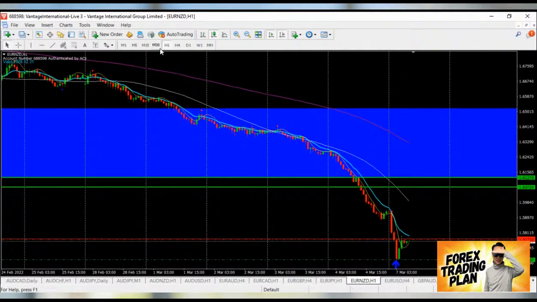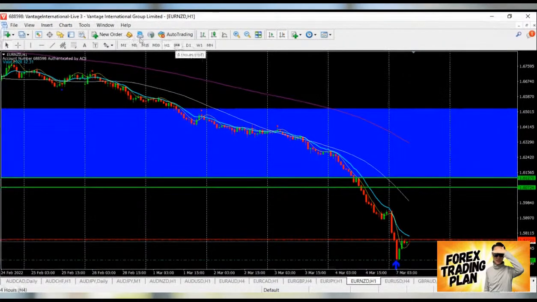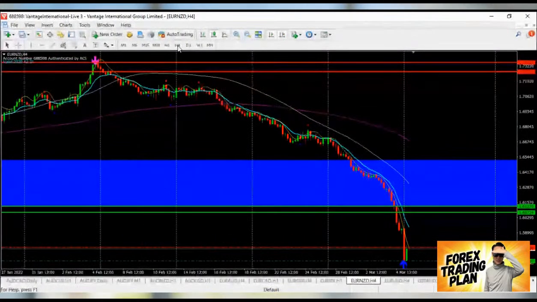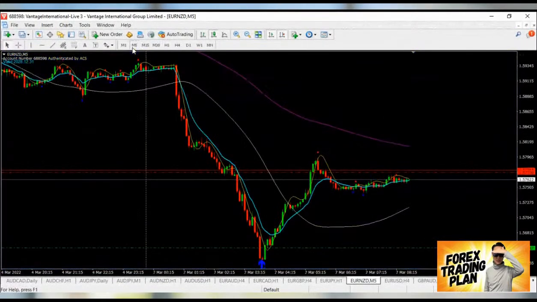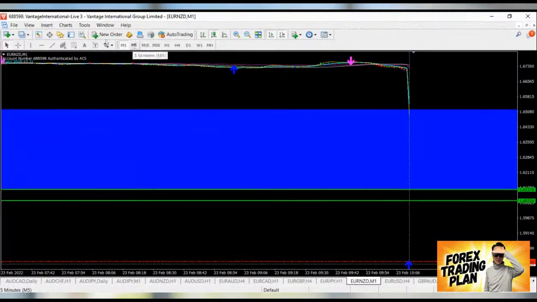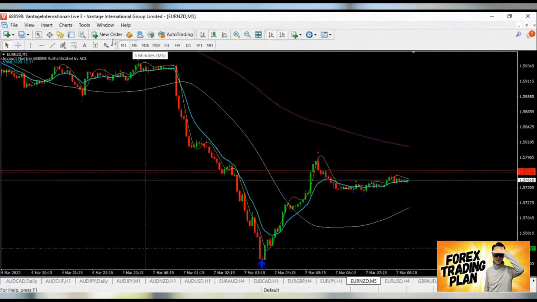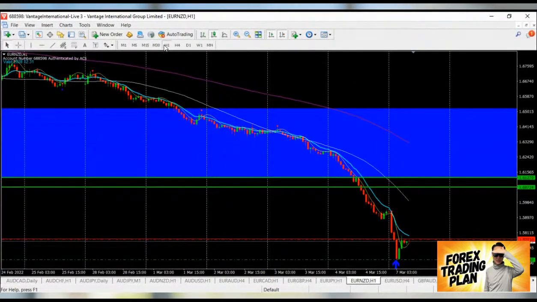Okay, so let's see. Euro Kiwi. Right now, it's testing on the resistance. If this resistance is not breaking, I guess probably we may have a chance to sell for Euro Kiwi, but tentatively by looking at this right now, this resistance comes along with the support here, and with the situation right now over the weekend,